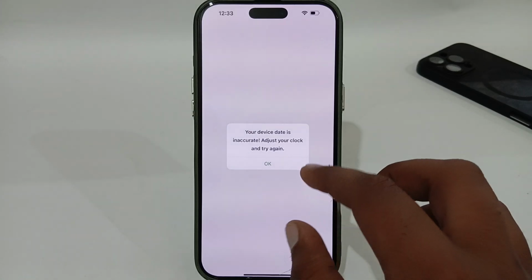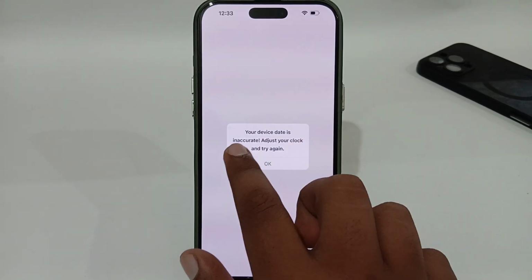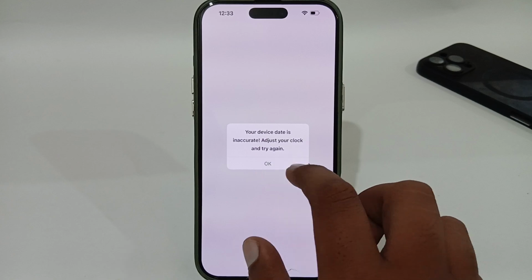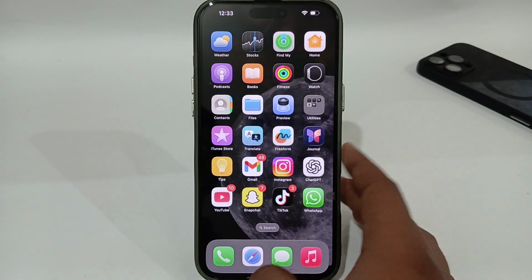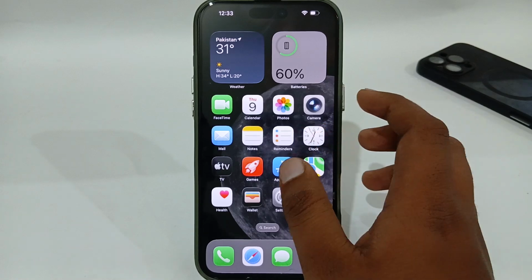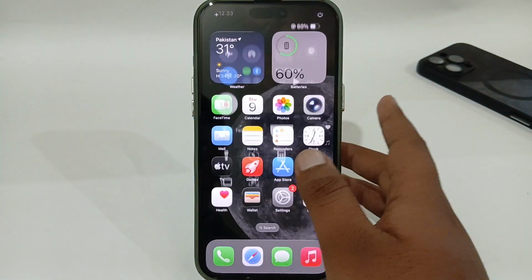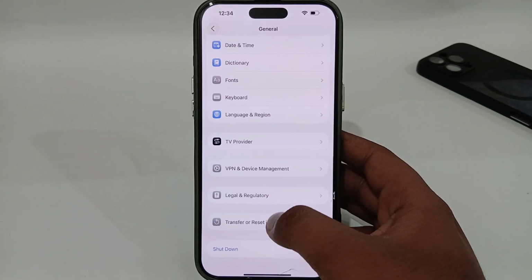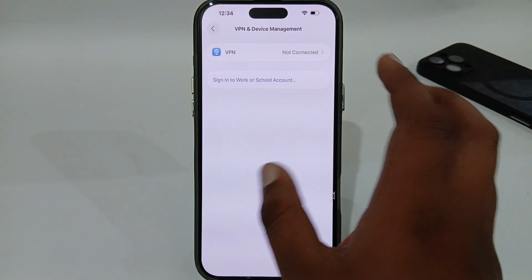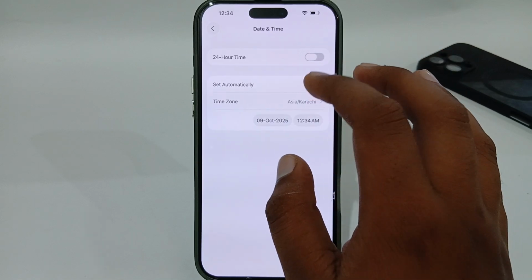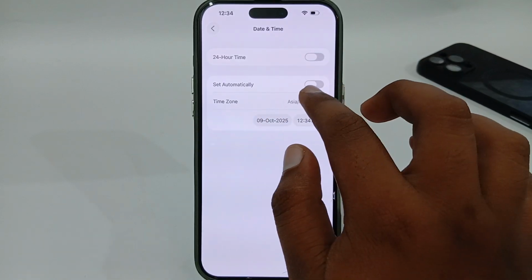You can see I am trying to open WhatsApp, but it is showing that your device date is incorrect. Adjust your clock and try again. To fix that issue, first of all you have to make sure that you have a strong internet connection, and you also have to make sure that you're not connected to any VPN, or if you are connected, try to disconnect from your VPN. Then go to date and time, and from here you have to select your own